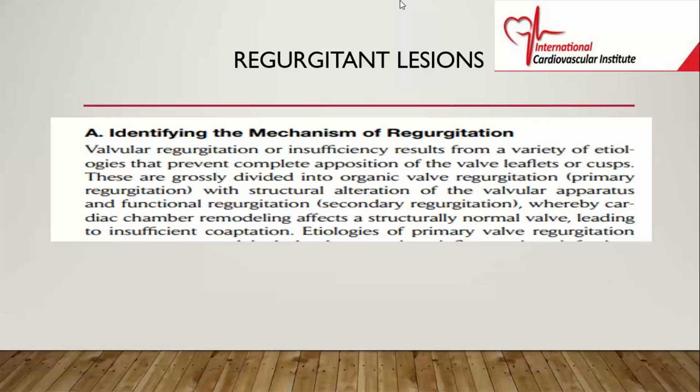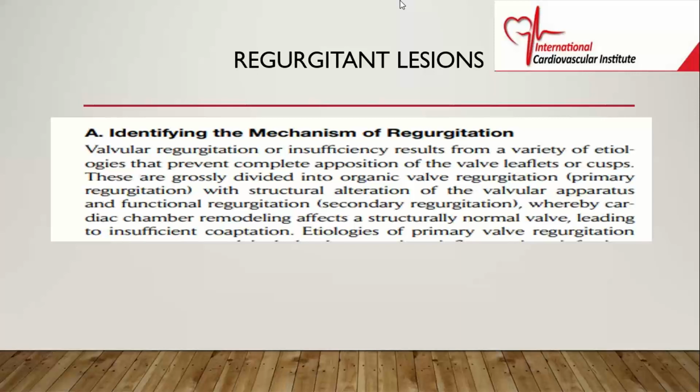So valvular regurgitation or insufficiency, as we sometimes call it, results from a variety of etiologies that prevent complete opposition of valve leaflets or cusps. And we sometimes divide it into what we call primary and secondary. Primary is when the valve itself is involved in the regurgitation, and then secondary when the valves are okay,